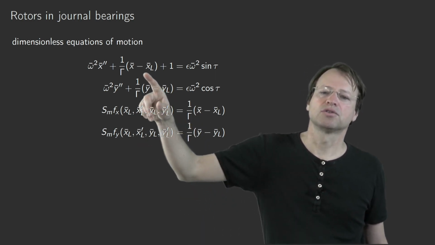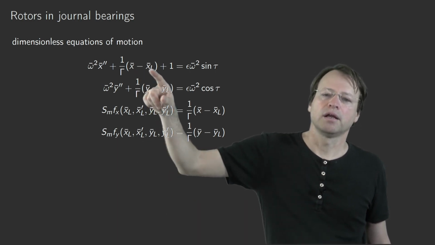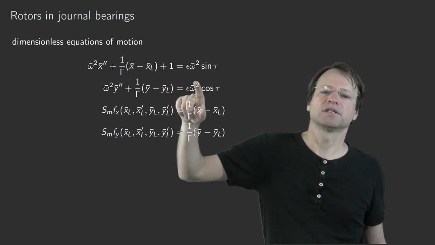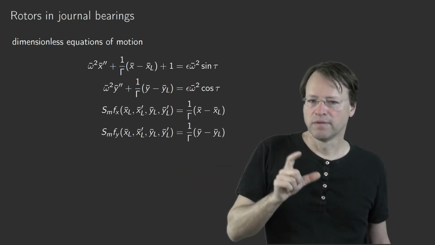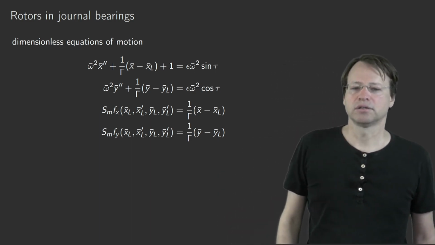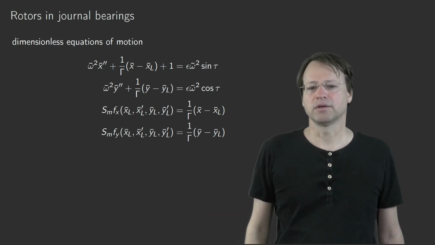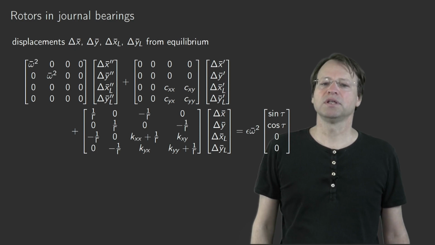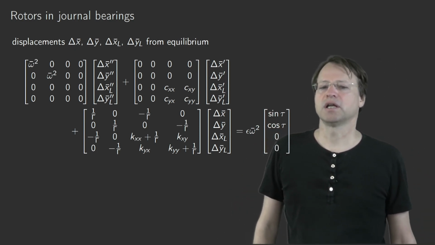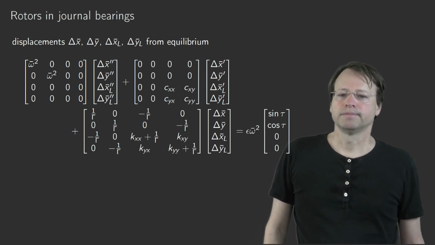And we would see these terms 1 divided by gamma that would also appear in x bar and y bar on the one hand, and also in xl and yl. So that would couple these two displacements, delta x and delta xl, and delta y and delta yl on the other side. So this would be, again, with the right-hand side here, so with excitation by the imbalance, now the system for the